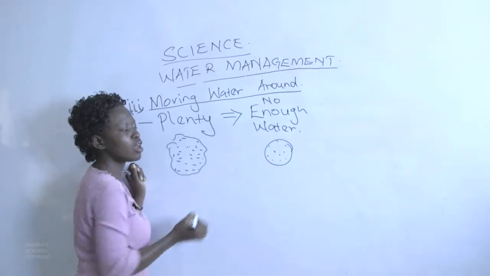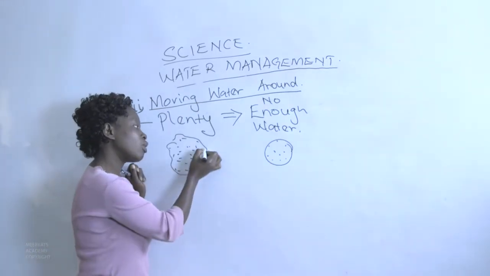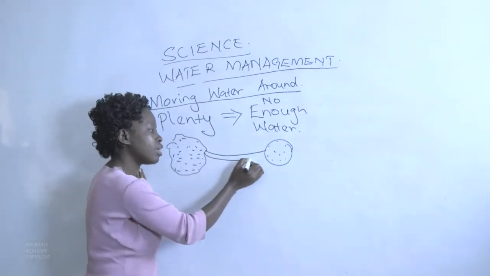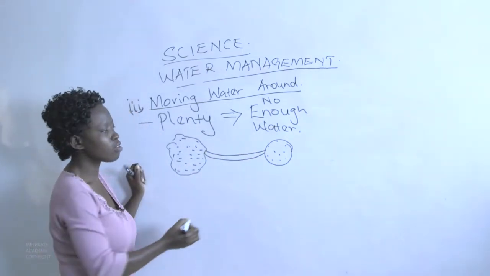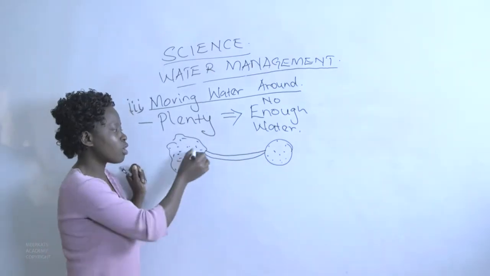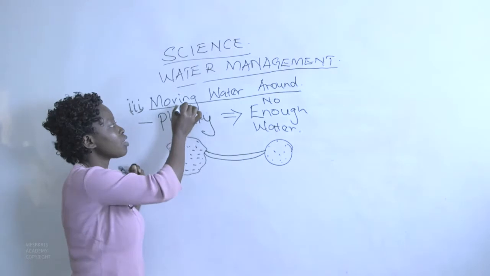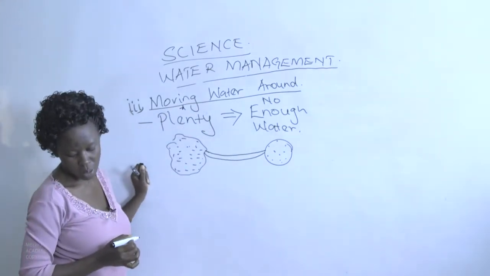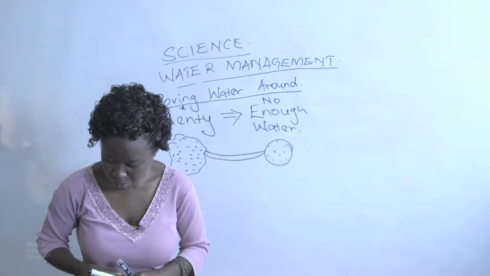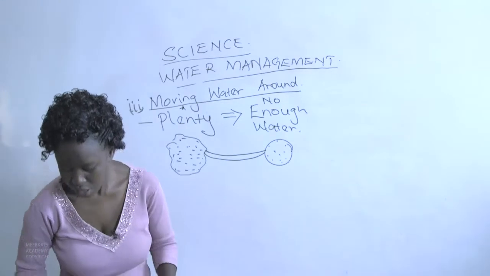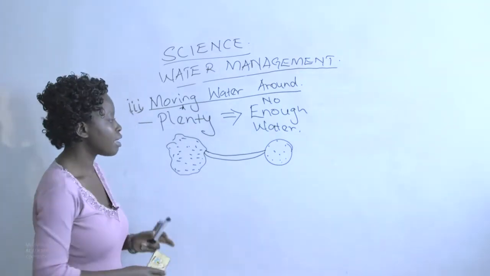So we move this water from the region where it is in plenty to this region where there is not enough water. In the process of that, we say we are moving the water around. This practice has been carried out in Australia. An example is